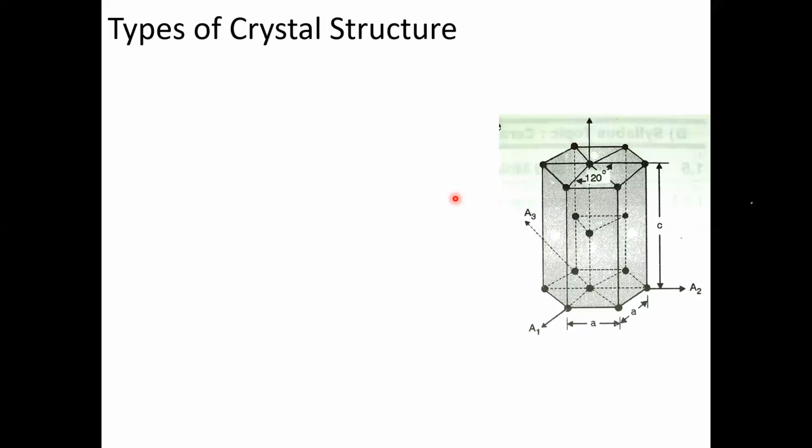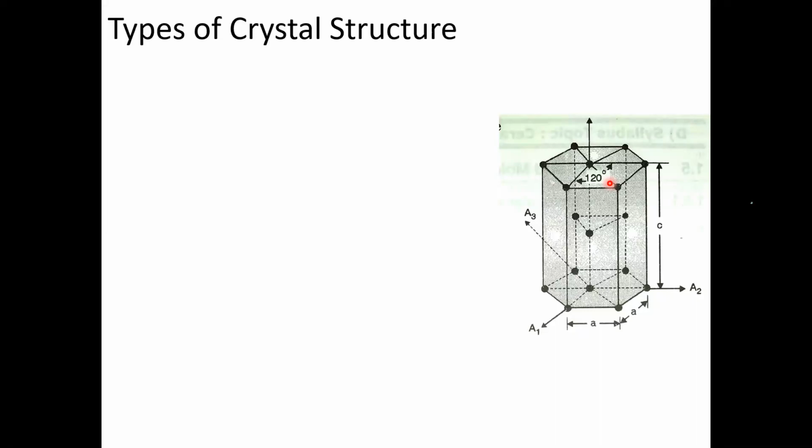No, you can take the combined atoms. When there are two faces, two hexagons, you consider only the sharing of atoms. That means you consider only one, that is 6 atoms. 6 at the bottom face and 6 at the top face. So the formula is NC by 6. Here you have to consider NC by 6 because it is a hexagon. And it is separated by this distance C. So that's why you consider NC by 6.